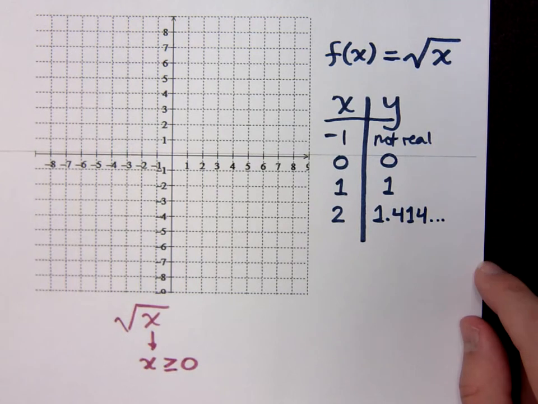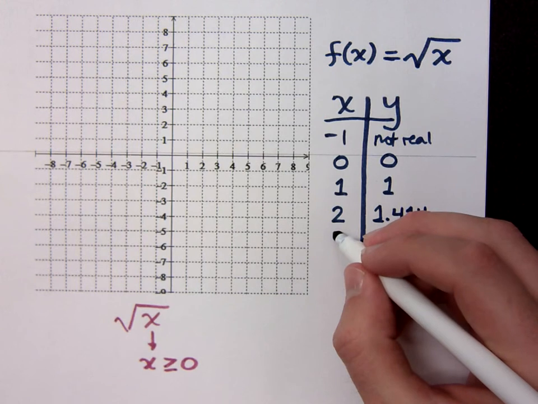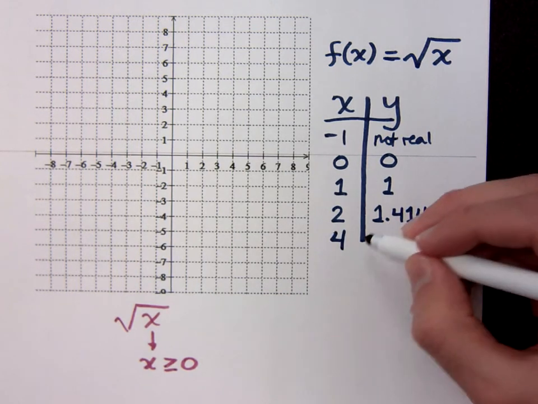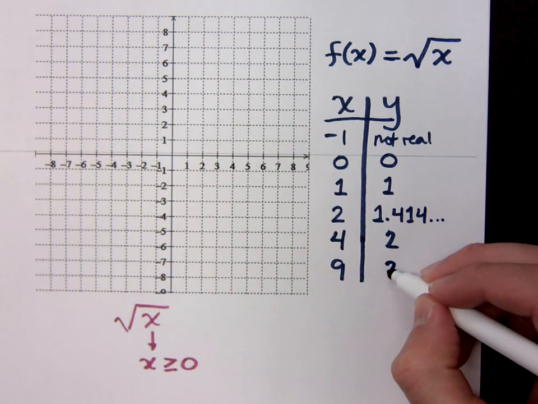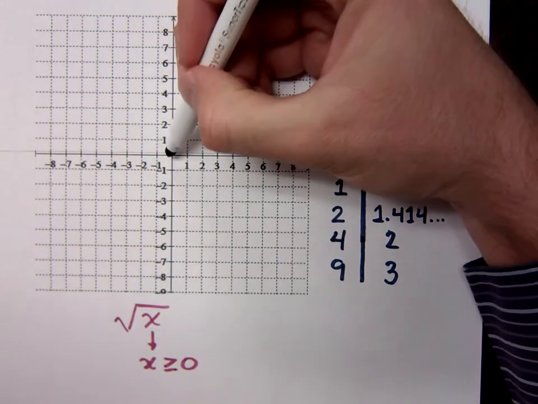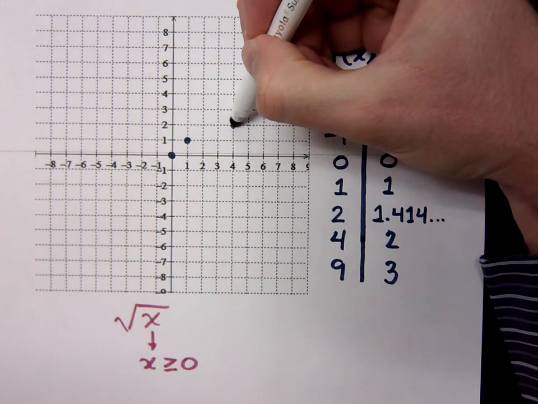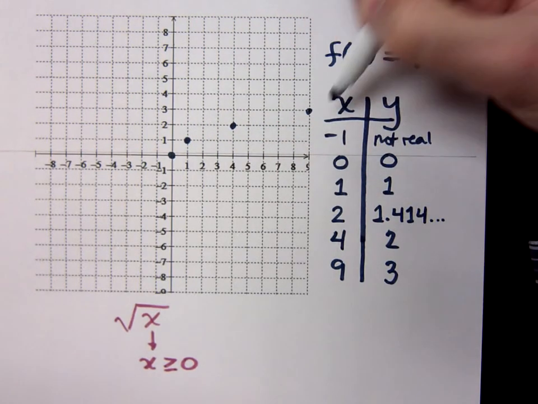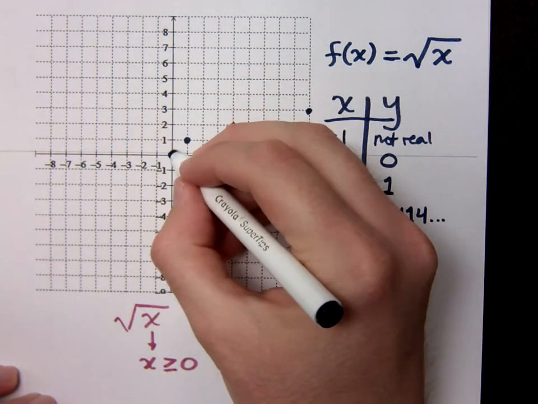What number would you like to plug into the square root function? 9. Plug in 9. I'd plug in 4 first. What's the square root of 4? 2. And then you want to plug in 9 because the square root of 9 is 3. We're graphing a function, which means it's going to pass a vertical line test, right? So plot the points that you have: 0, 0, 1, 1, 4, 2, and 9, 3. Okay. So when I connect these points,